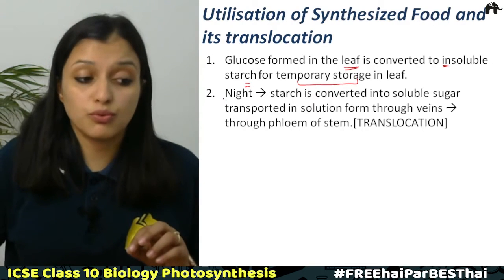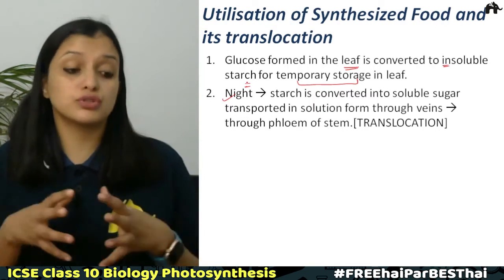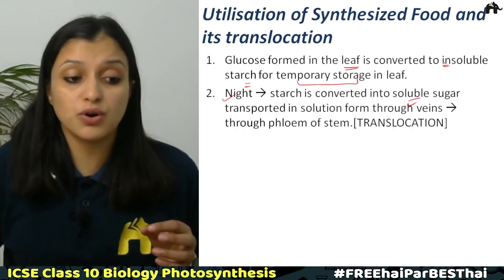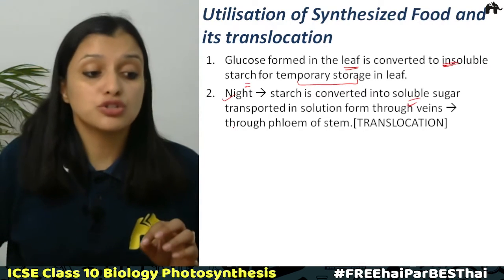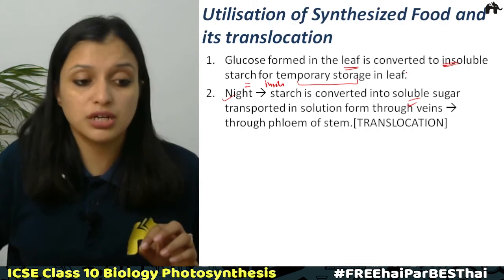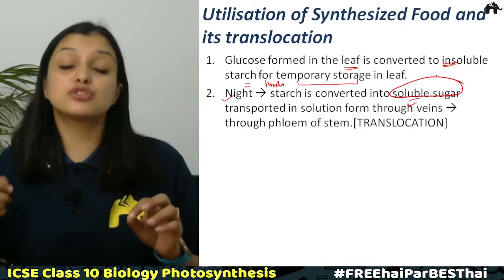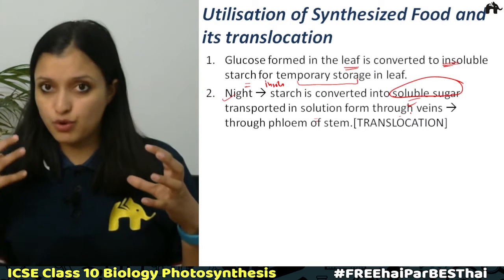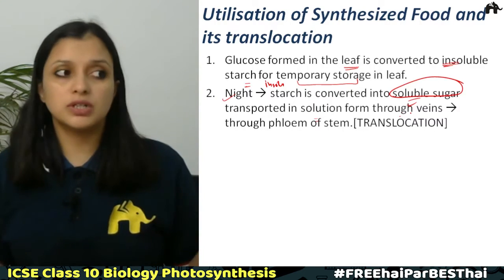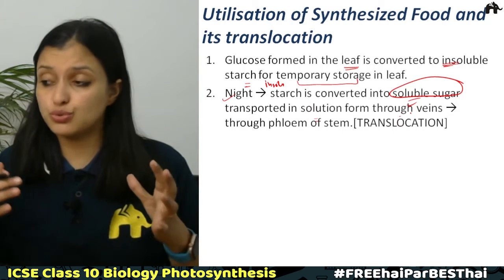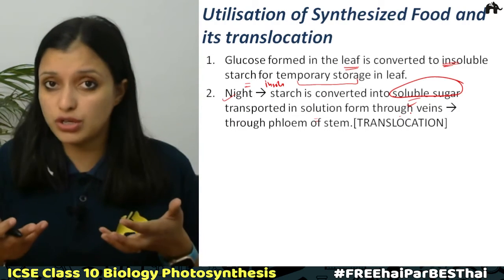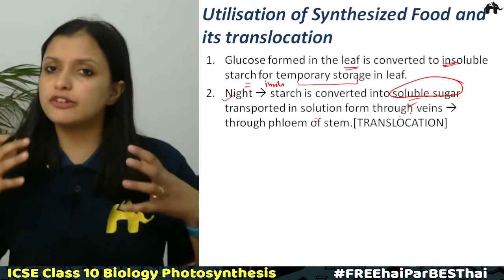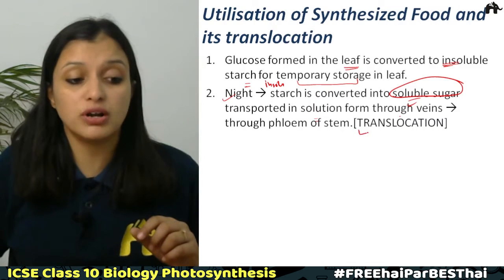And the second is what happens during night. So at night there is no photosynthesis. So during that time this starch is converted into soluble sugars. It was insoluble starch at this time. So this insoluble starch is converted into soluble sugar, and it is transported in solution form through the veins, correct? So what happens in the phloem tissue? Water will enter from the adjacent xylem tissues, and that will make this starch soluble, and hence it is transported through the phloem tissue from leaves to the different parts of the plants, and this process is called